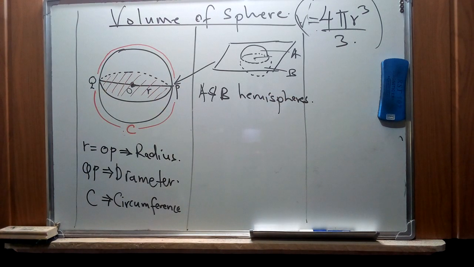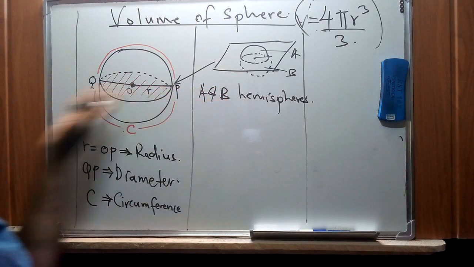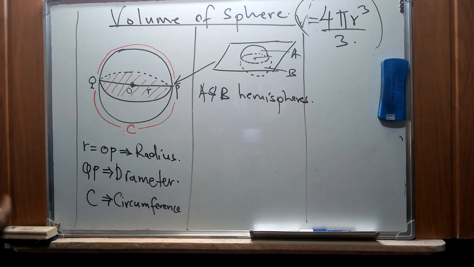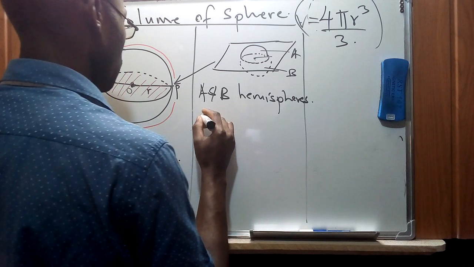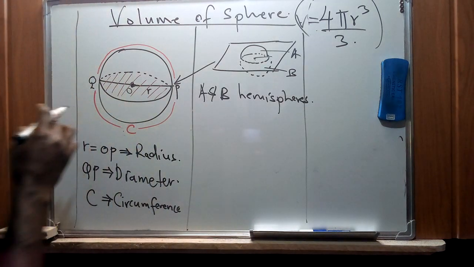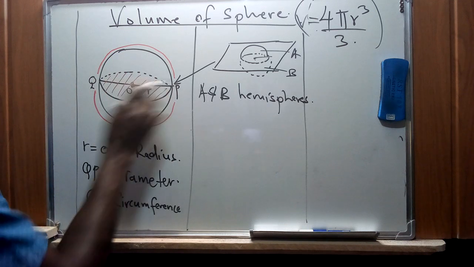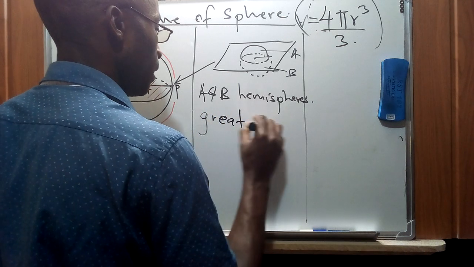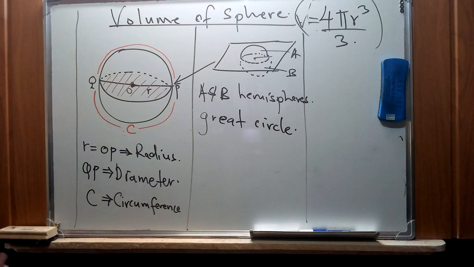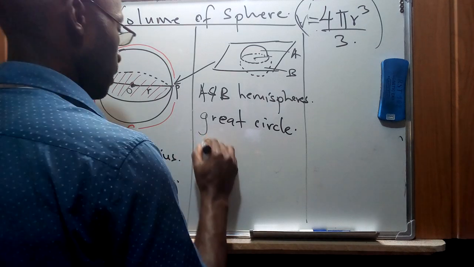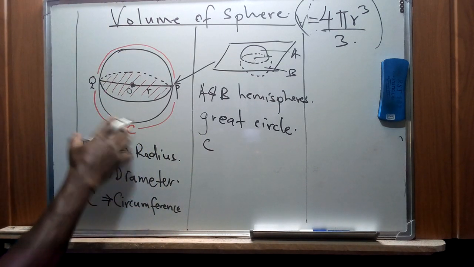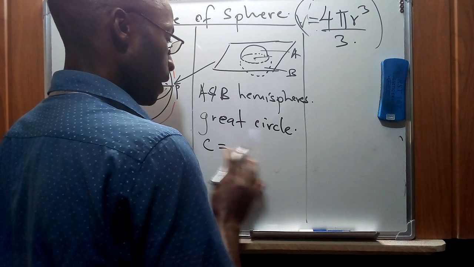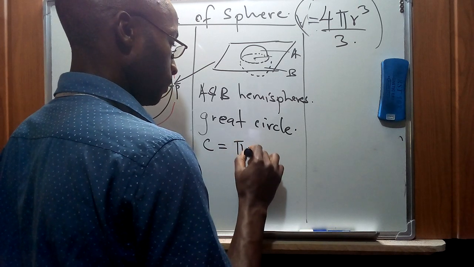So in this case, parts A and B form hemispheres, and the circle, the area of the circle which is shaded in red, which is cut using that plane, is what we call the great circle. This circle formed by the diameter QP and radius OR is what we call the great circle. Finding the circumference of that great circle, it will be given as 2 pi r,